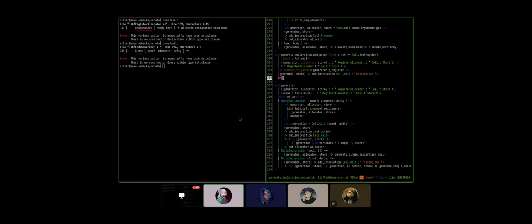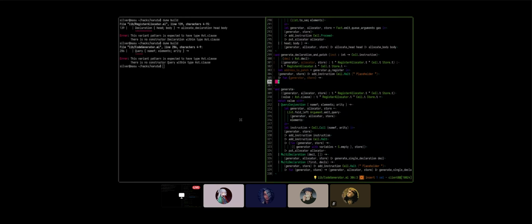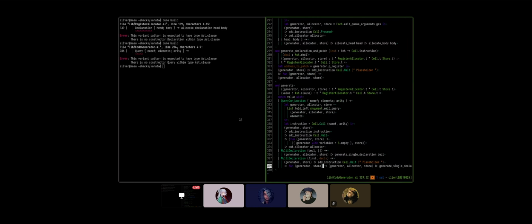We say this is a fun taking the generator and the store, and we say, you could just copy the other line down there, but okay. But instead of the first declaration, this is the declaration, then patch time.